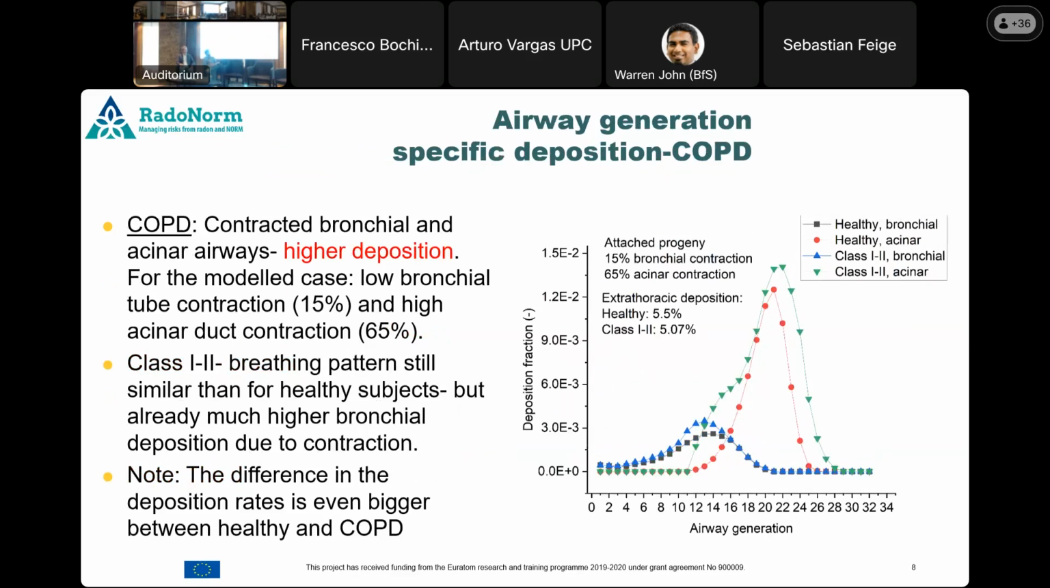And how does COPD affect the airway generation specific deposition? As you see, there is a low bronchial contraction that I used, 15%, but a very high acinar duct contraction. And that's why here in the bronchial respiratory region,